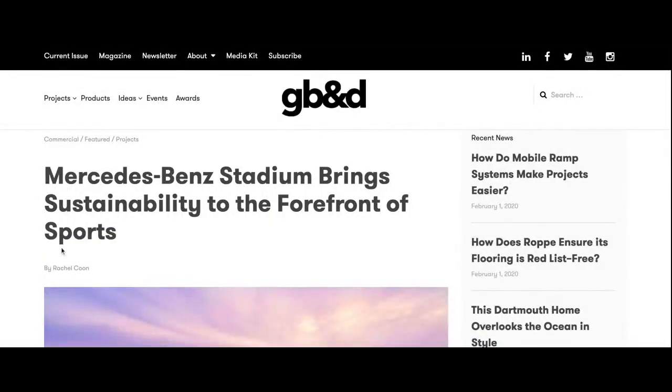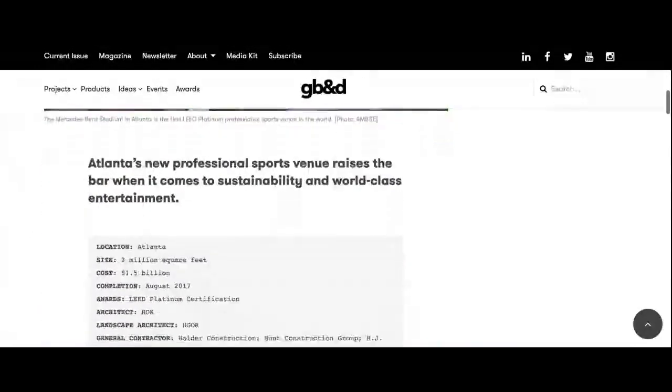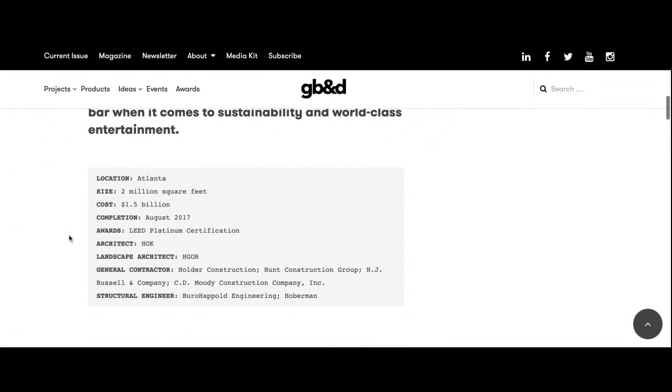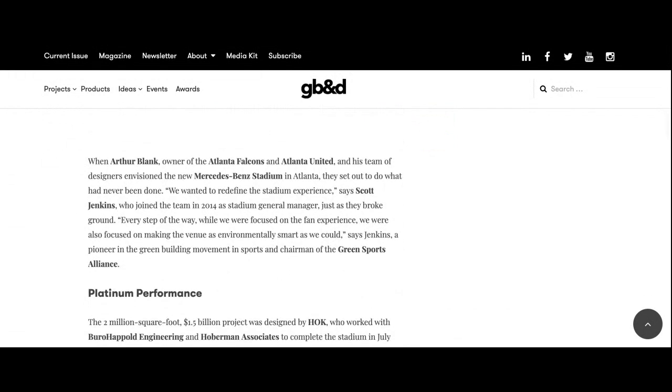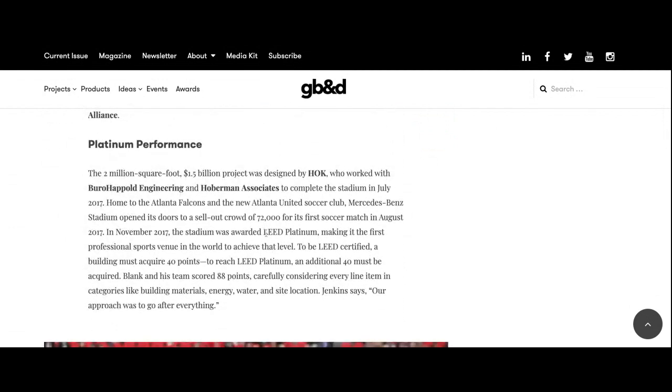Okay, so this is by Rachel Kuhn, and this is from the Global Sports and Design website here. As I read through this, I had tons of facts given to me. This was helpful because it later went on to tell us more. How is this place so sustainable? Well, it has a LEED Platinum certification, which is basically a designation saying that it's sustainable in the building materials it uses, how it uses energy, water, and the site location.